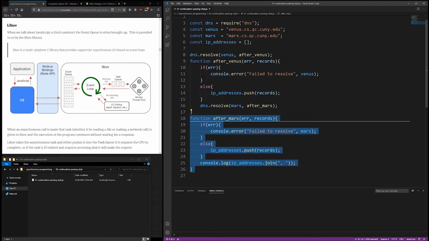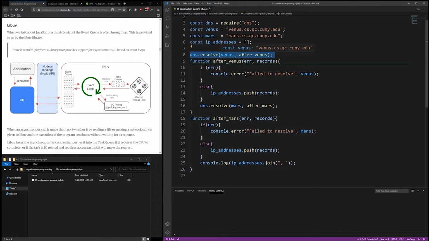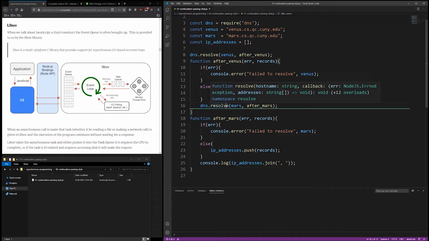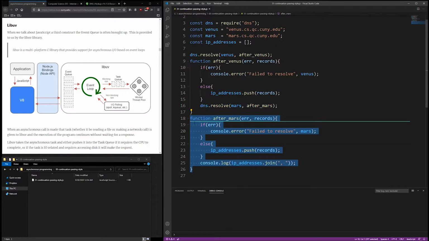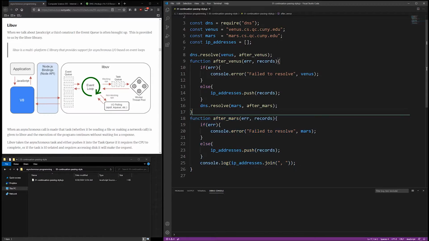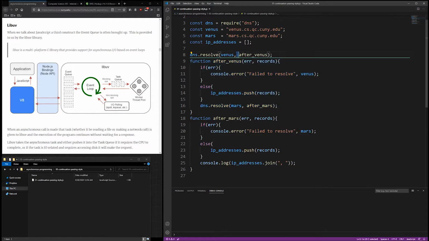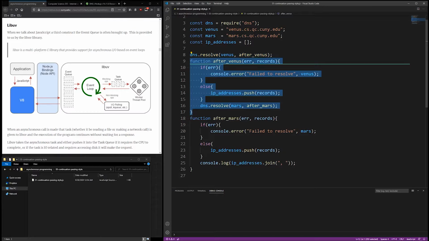So what does this mean for us? This means that once this statement completes, and only after it completes, will this function trigger. Because this one calls a Dns.Resolve, after Mars will always finish after Venus. Okay, so the order is we resolve Venus's domain, we run the callback after Venus, then we